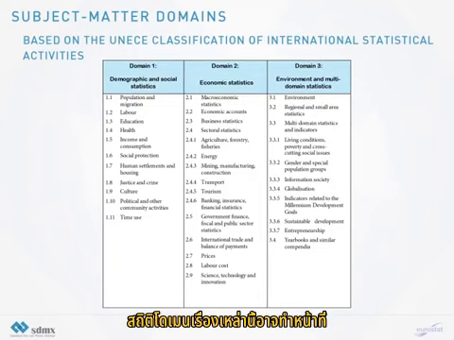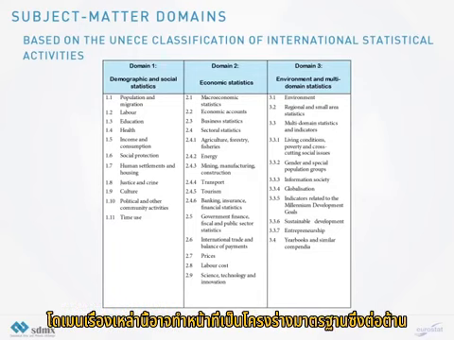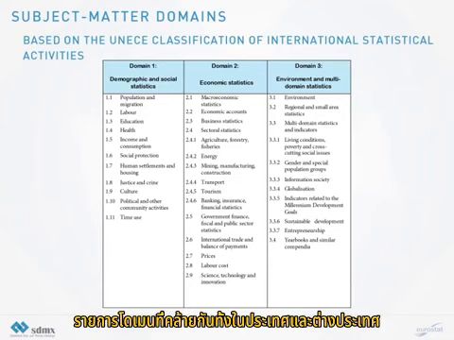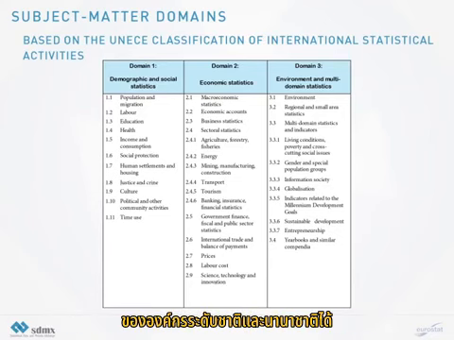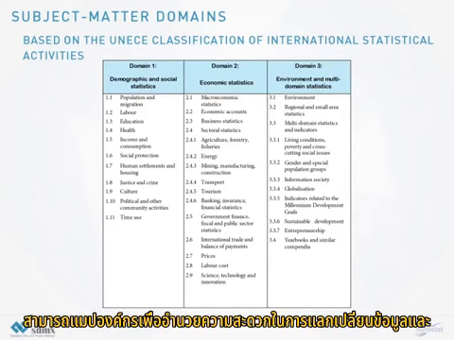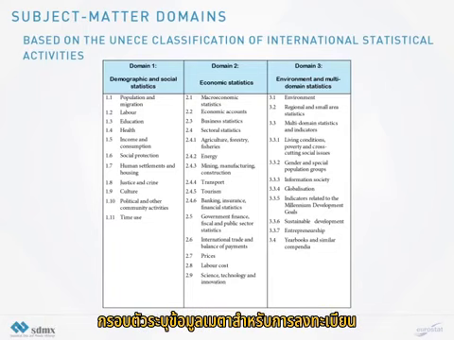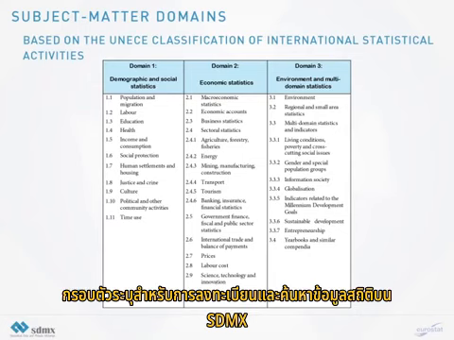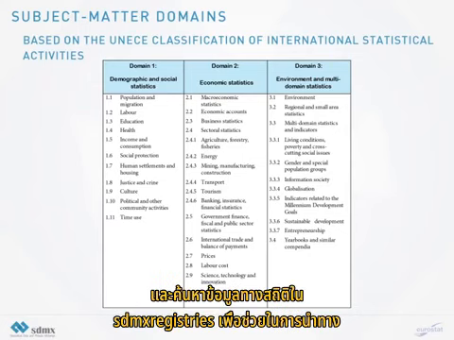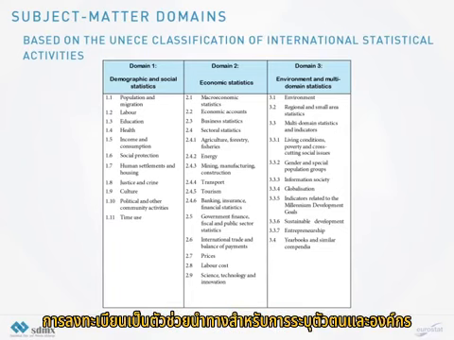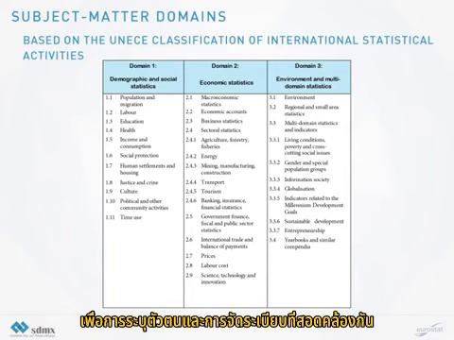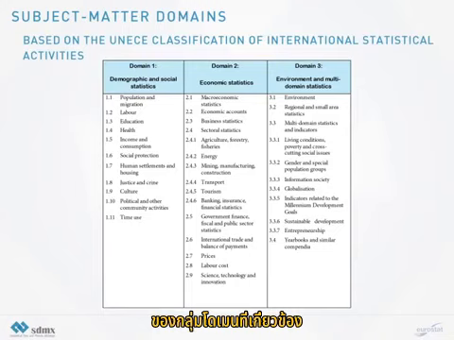These subject matter domains may act as standard schemes against which similar domain lists of national and international organizations can be mapped to facilitate the exchange of data and metadata, as identifier frameworks for registering and searching statistical data on SDMX registries, and as a navigation aid for the identification and organization of corresponding domain groups.